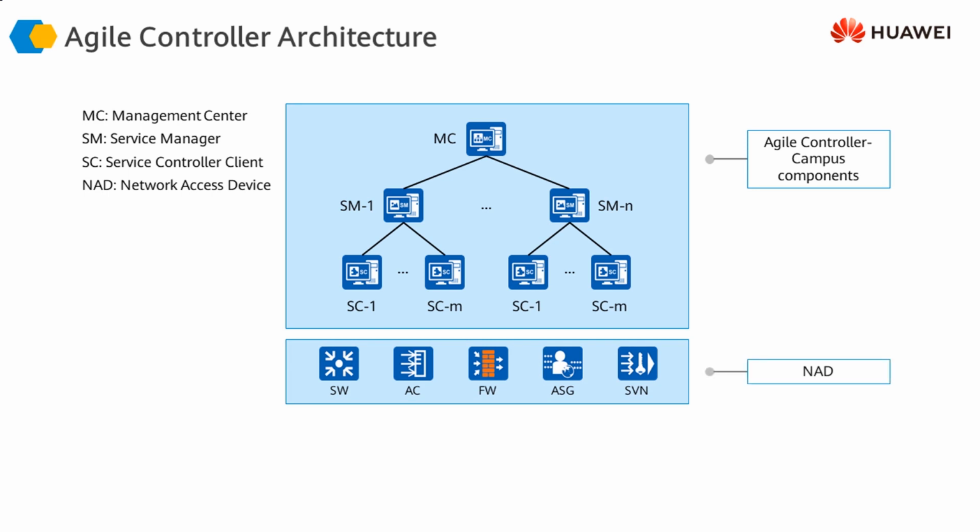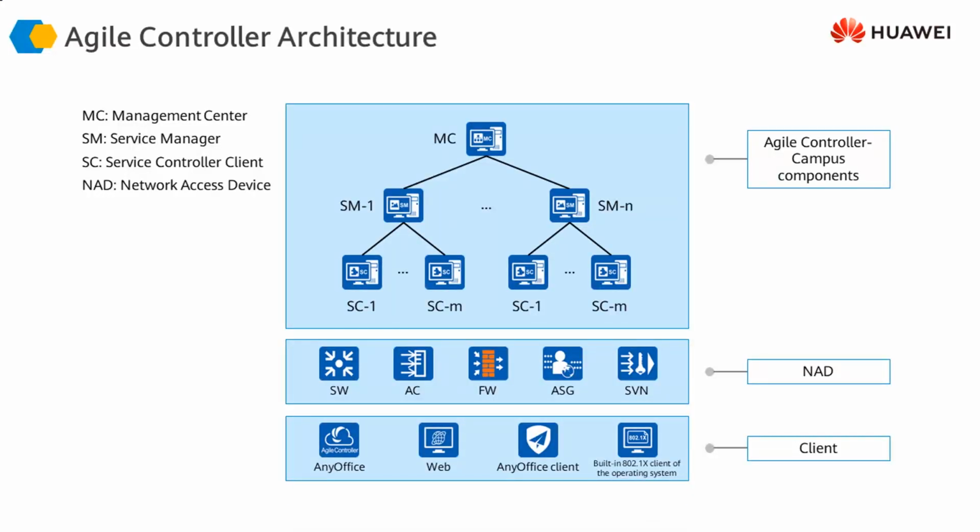Essentially, what all this infrastructure is doing is controlling the access of different clients or terminals which are accessing our infrastructure through the network access devices. As soon as any of the terminals or users try to access the network using these access devices, the Agile Controller jumps into action, and it makes sure that the access is permitted and authorized, and that the security posture of the devices trying to access the network is according to the policy that we want to implement within our infrastructure.